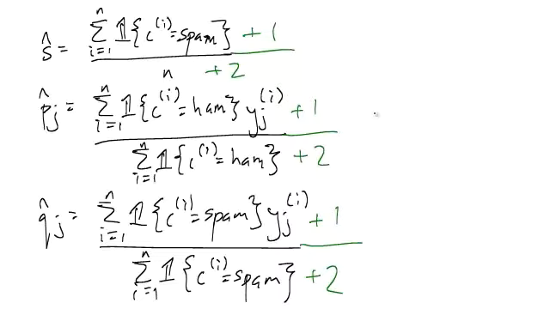So by introducing these pseudo counts, this guarantees that none of these parameters are estimated as 0, or 1 for that matter. So, in fact, you don't have to introduce a pseudo count of 1. You can introduce L pseudo counts for each of the possible outcomes, in which case, basically, you just get L instead. Alright? L and 2L. So, this is one way to fix the problem. It's called Laplace smoothing, also called additive smoothing.